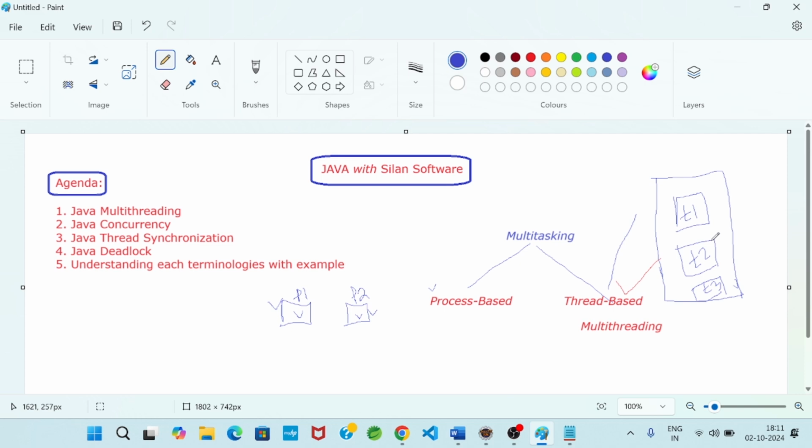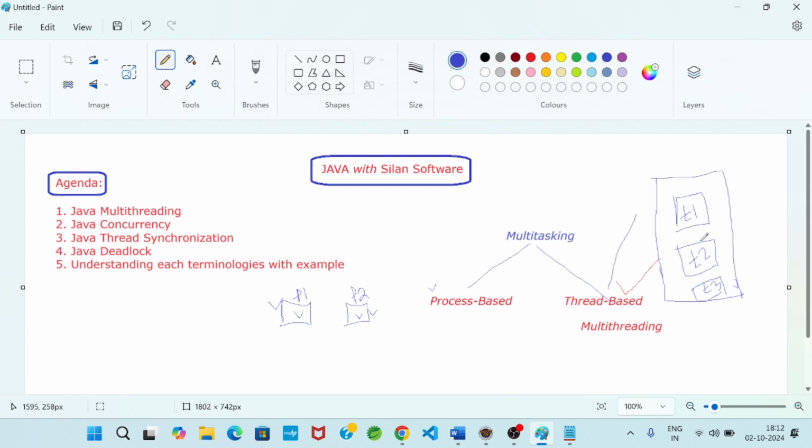So this type of multitasking is known as thread-based multitasking. So a thread means a task or a job. Multiple tasks means multiple threads executing simultaneously, but the program is one, the process is one. Memory allocation once. Resource allocation once.